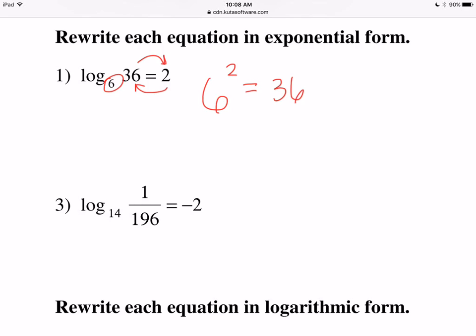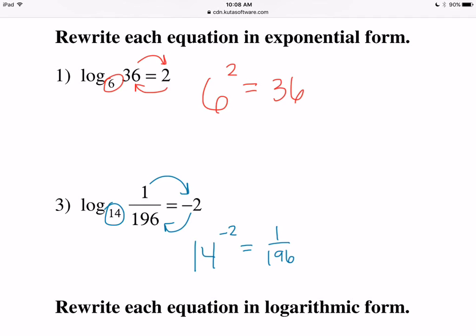Which that makes sense, right? 6 times 6 is 36. All right, and then number 3, again, even though there's a fraction in there, I know we all get scared when there's fractions, but again, fractions are numbers, we can still deal with it. So log base 14, so that's going to be the base of my exponent. The 1 over 196 switches with negative 2, so it's 14 to the negative second power equals 1 over 196,